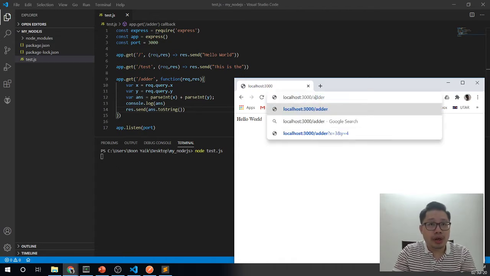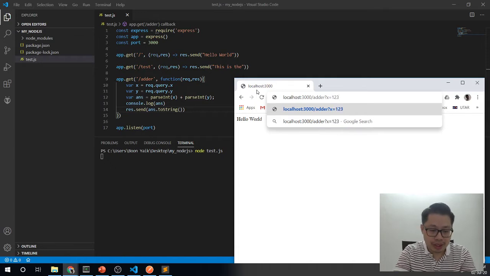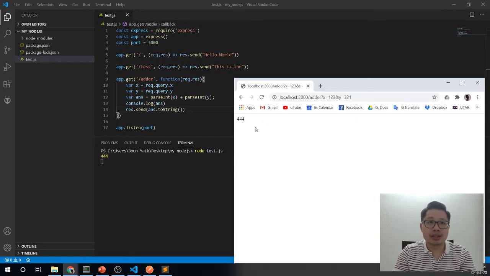Okay, now I want to pass in the parameters, the x and y. This is how you do it. You put a question mark, x equals to a number, okay, 1 2 3, and y equals to 3 2 1. Yeah, you can do something like that. So when you hit enter, you can see the numbers add up together, okay. 1 2 3 plus 3 2 1 is 4 4 4. So from the server side, you can see this console returning this answer, and